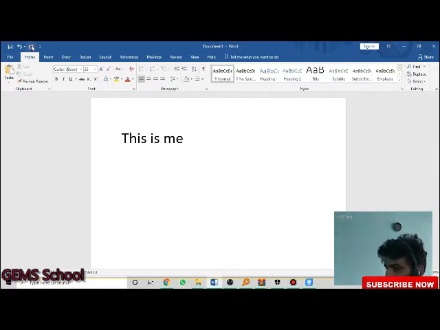You can do this function by clicking this button, or else by using Control Y. Once you do Control Y, the letters go backwards. Undo removes the letters, and redo is the reverse action of undo. Now again I press Control Y. So the shortcut key for redo is Control Y. Do you understand now? What do you mean by undo and redo?